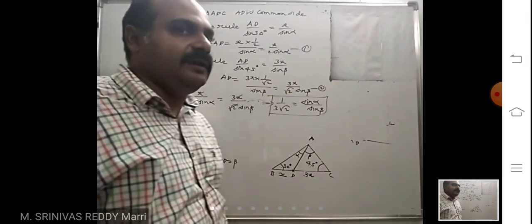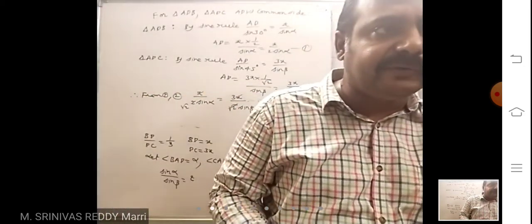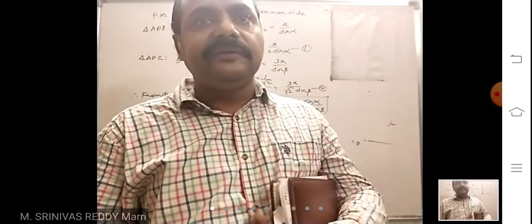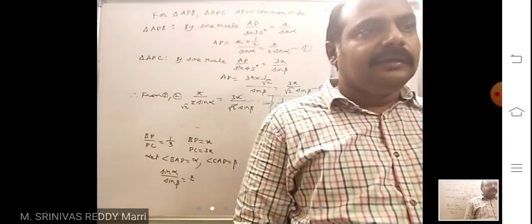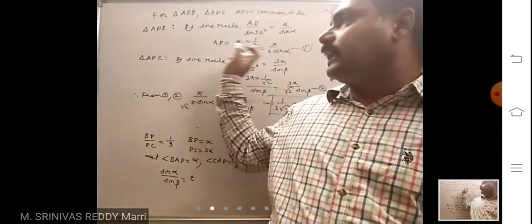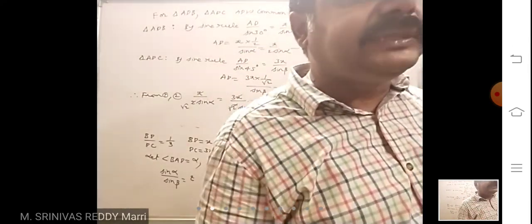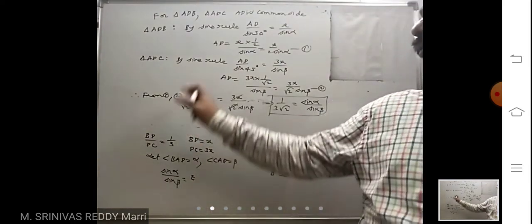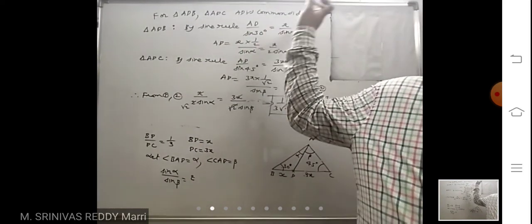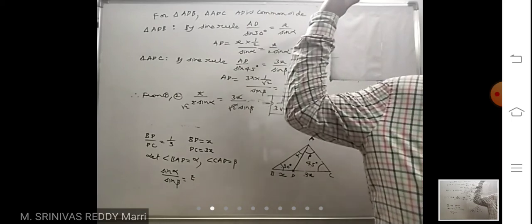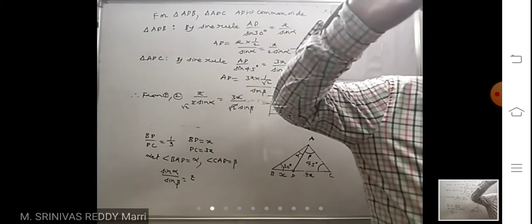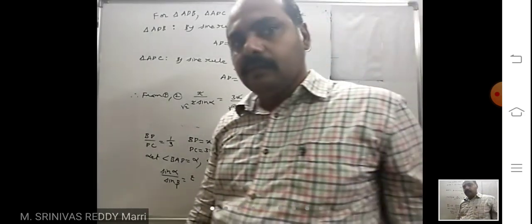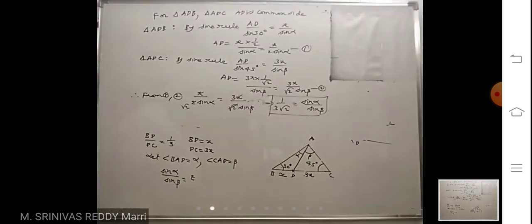Nothing else is there. Side divided by sine of opposite angle equals length divided by sine of opposite angle. Here two terms I have equated. For the previous problem, 3 I equated because I wanted all the quantities. Now here 2 are necessary. This is equal to this. If necessary, we will use the third. Depending upon the requirements, you use 2 or 3. That is about sine rule application.